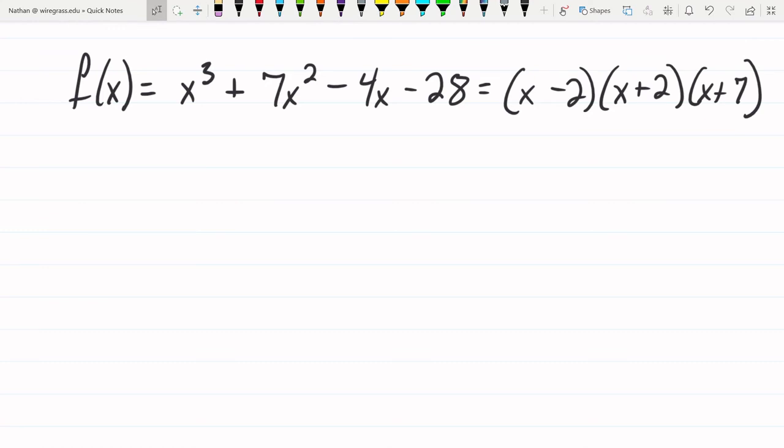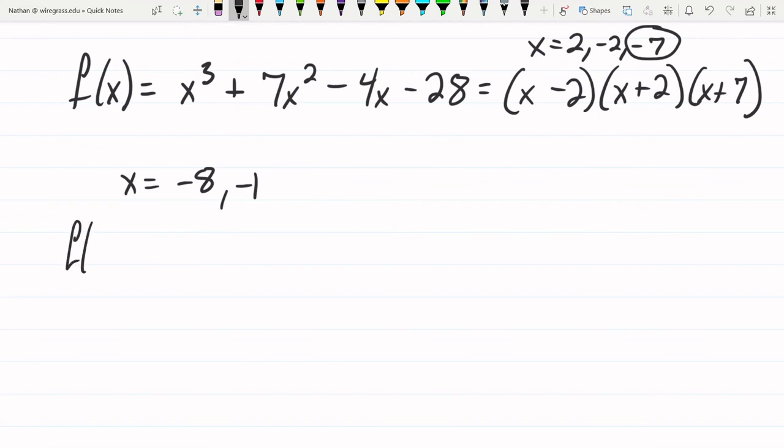This is the polynomial that I had before, and I factored it into these 3 things. So we know that there are zeros at 2, -2, and -7. And just to show how the intermediate value theorem works for something where we know where the zeros are, if we were to test some values like x equal to -8 and -1, these are around x equals -7. So we should expect one of them to be positive and one of them to be negative, whichever way it is. And if we were to test that, we'd have f of -8 gives us